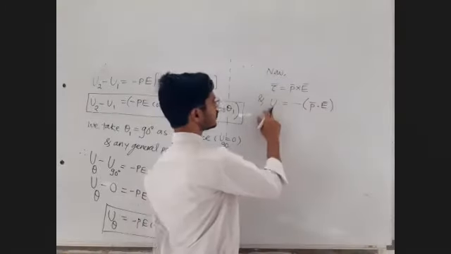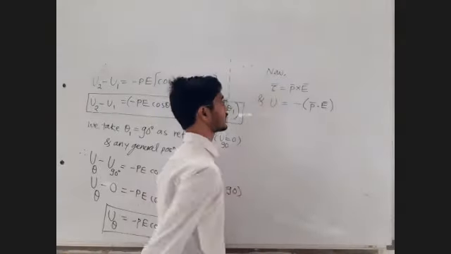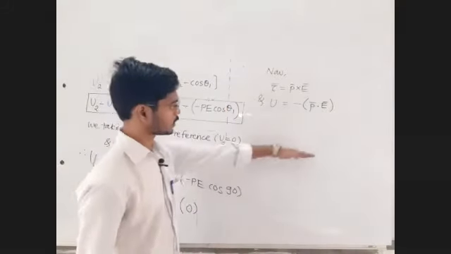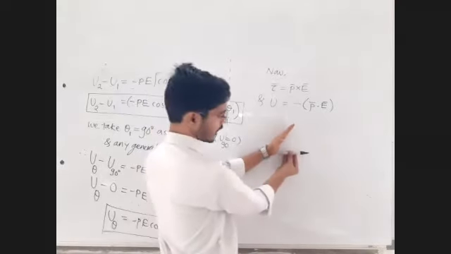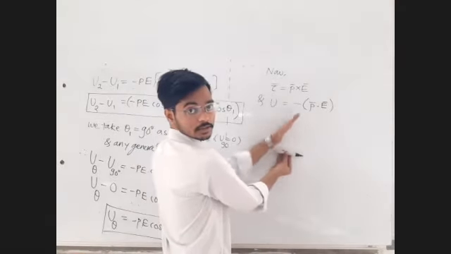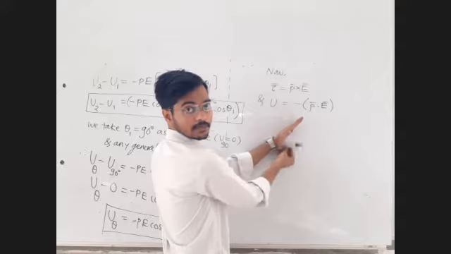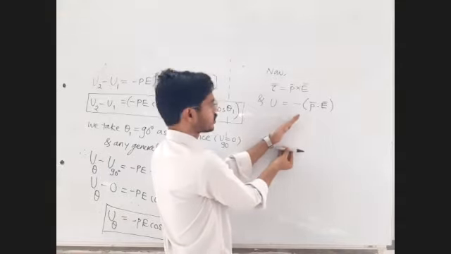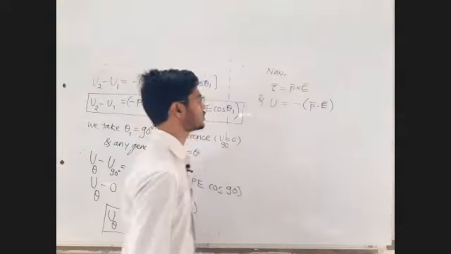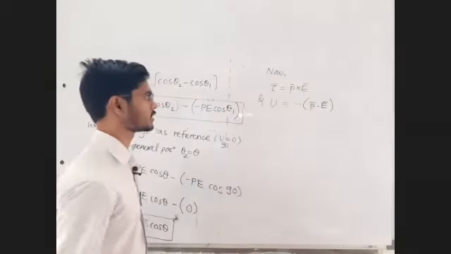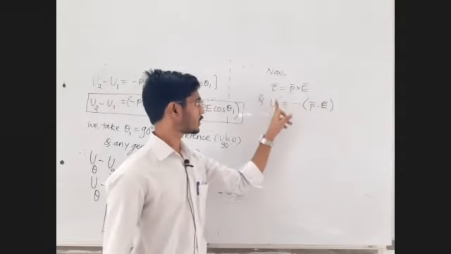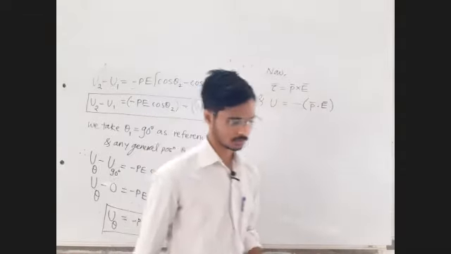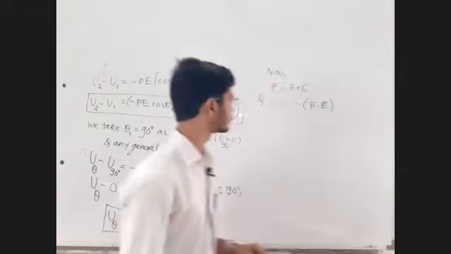Okay, so in this way you can find out the potential energy for a given value of angle theta. If this is the direction of the electric field, this is the direction of the dipole, and this is the angle between them, for this configuration of the system, what is the potential energy? The formula is this, minus P bar dot E bar. Here it is P bar cross E bar, and here it is minus P bar dot E bar. Done up to this.